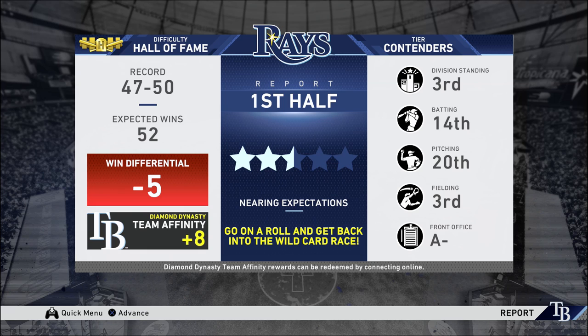By the All-Star break, in this case, the player has won 47 games. So the win differential of -5 means the player has won fewer games than expected. But since they're playing on Hall of Fame, which is very challenging, impossible if you're me, the player still